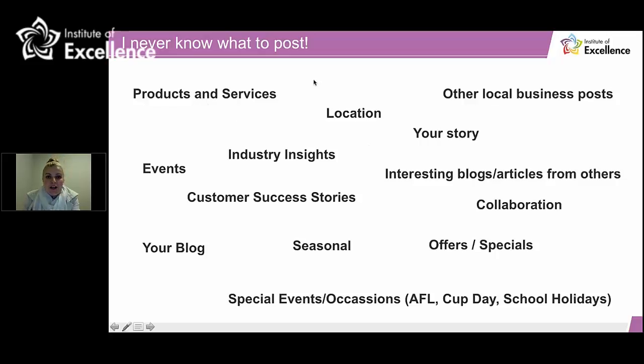Location specific, about exactly where you are and where you sit in the bigger picture of the Murray region. So specifically being an ambassador for your patch. Other local business posts, sharing things about your story, any interesting blogs that you've written, or things written by others that your audience might find interesting. Industry insights, what's happening within the wider community of Murray.